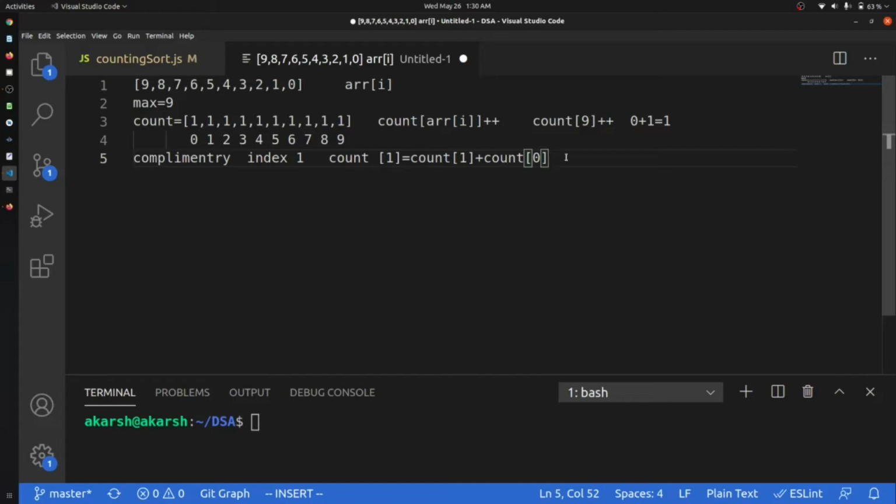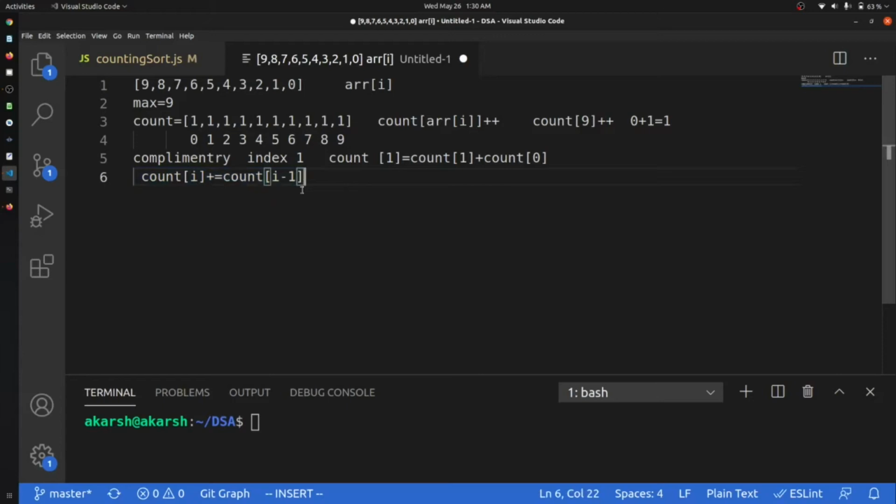So we can say count at I plus equal to count at I minus 1. Okay, so we have computed the cumulative count array.